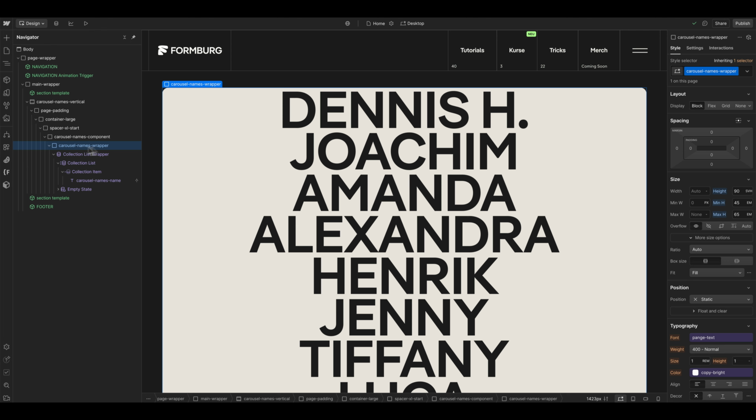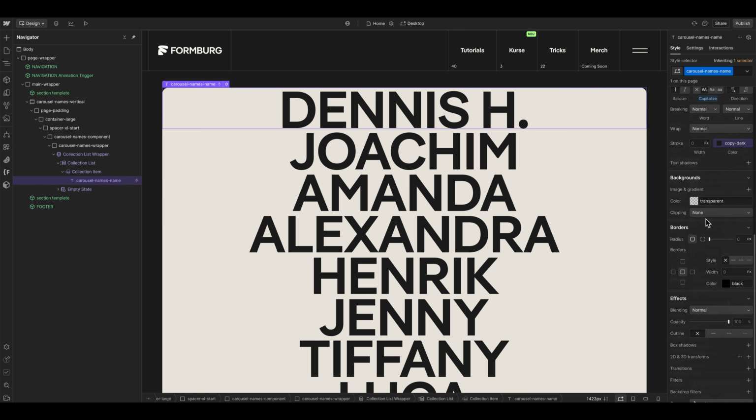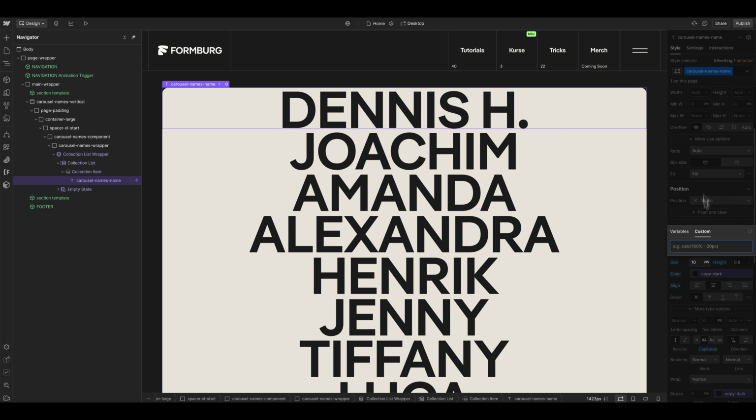And therefore we can use a custom property here, which is called container type, and inline size should be the right name. And then we can use another unit, which Webflow hasn't added here. We can use the custom field and use maybe 10 or 11, and then it's called container query width.